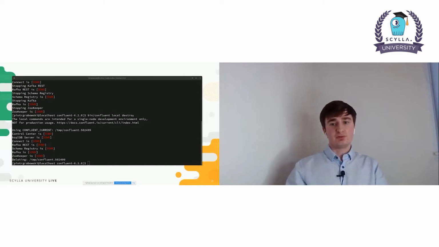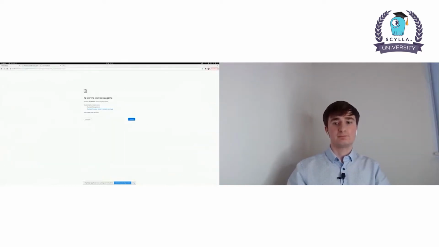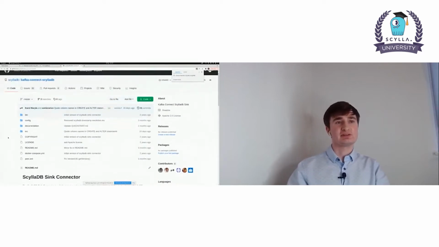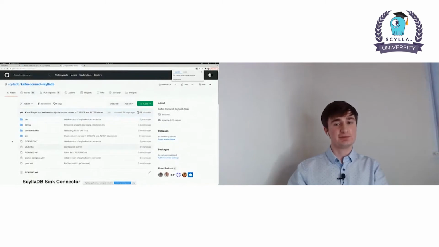So first of all, how would you download the sync connector? The sync connector repository is an open source repository. You can browse the source code of the sync connector, and you can download it and build it yourself. But I think the best and easiest way is to use the Confluent Hub.